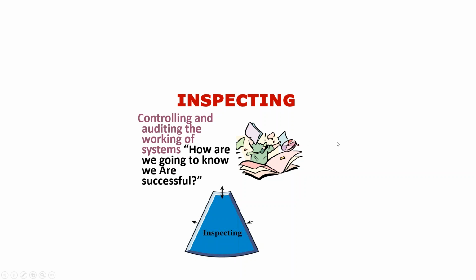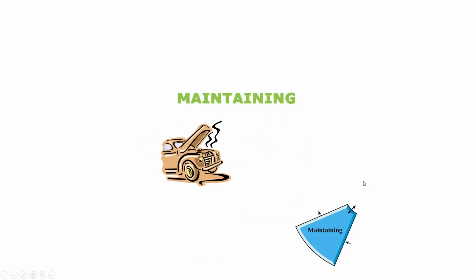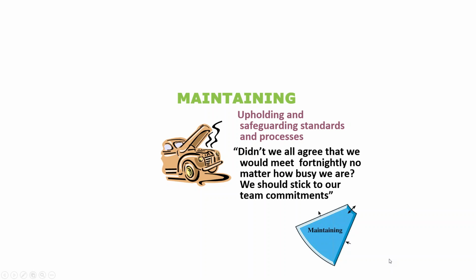So one last task that's required in a team is the maintaining task. Now, interestingly enough, the research shows that only 2% of the population have a high preference in this area. But people who like to maintain are people who like to uphold and safeguard standards and processes in the team. So they will be the ones that will want to check under the bonnet. They will be the ones that will want to review how the team is actually travelling as a team. So they're very acutely aware when there's fractures in the team or the team isn't performing to where it needs to be. They'll often make contributions like this in a team meeting.